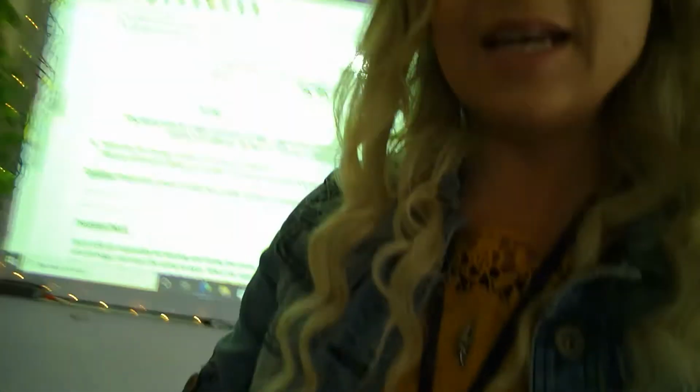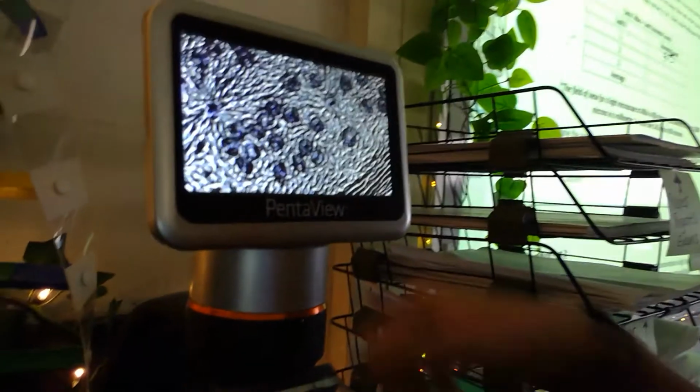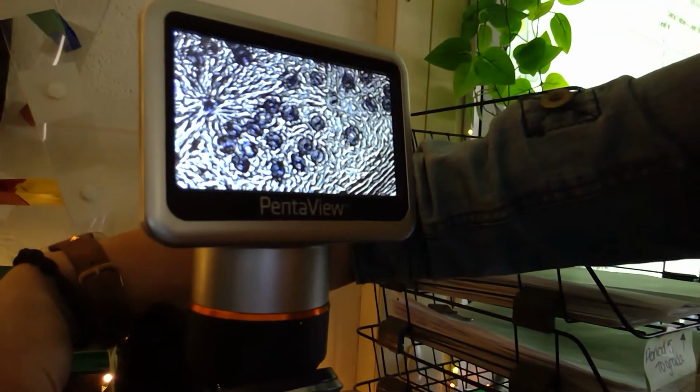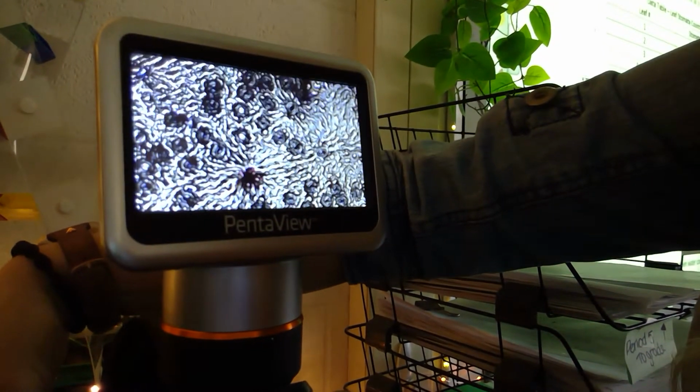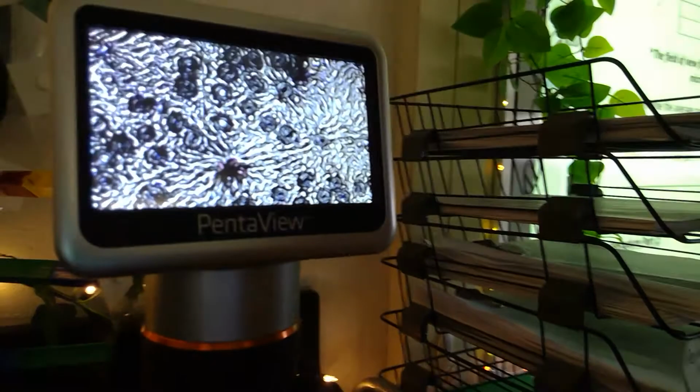All right, so now I need a different field of view, so I'm gonna do this 3 times. So again, here I am. I'm going to move my stage clip. So I'm just gonna simply move my field of view a little bit to look at a different part of